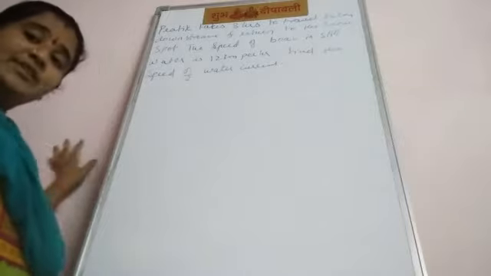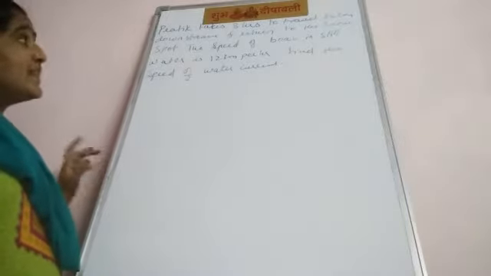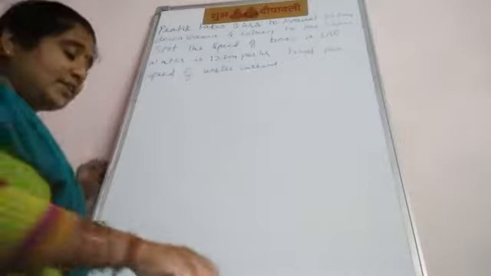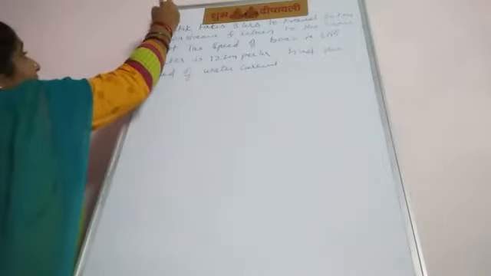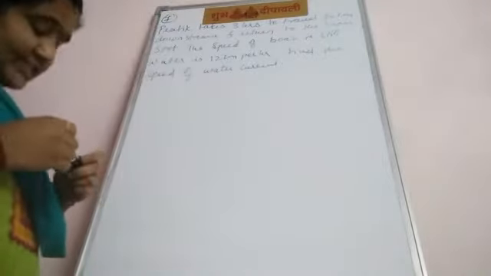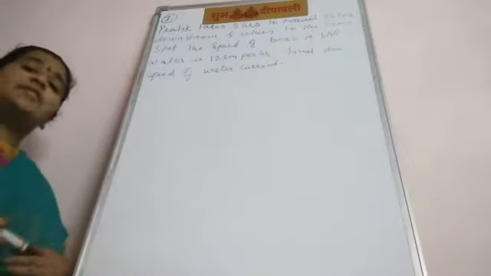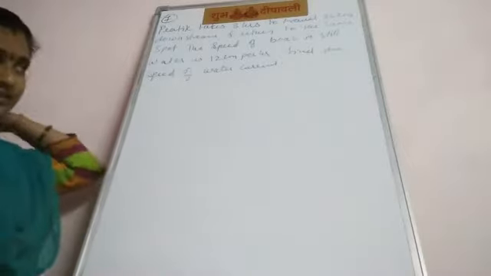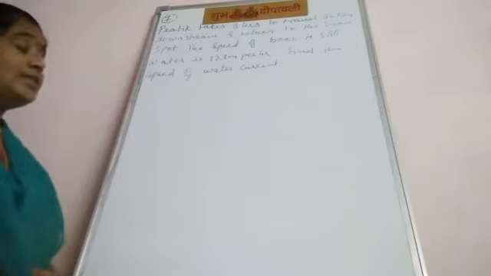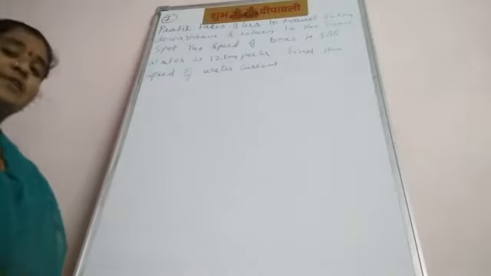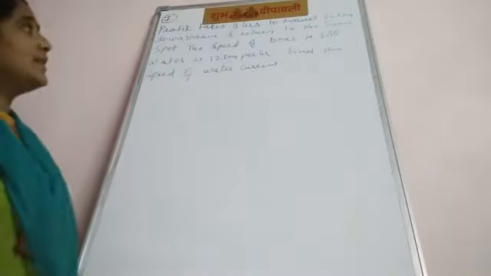Students, now coming to the next question, the 7th question. This 7th question we already solved in the first chapter. But in the first chapter, what? Linear equations in two variables. In the first chapter we took two variables. Now in this chapter, only one variable. We will get the quadratic equation.